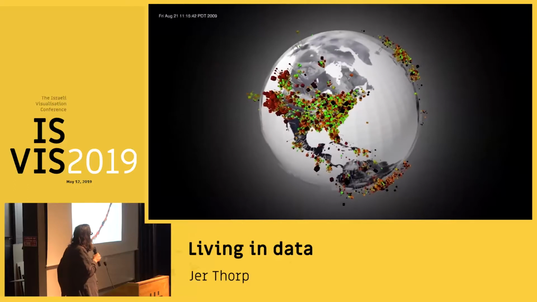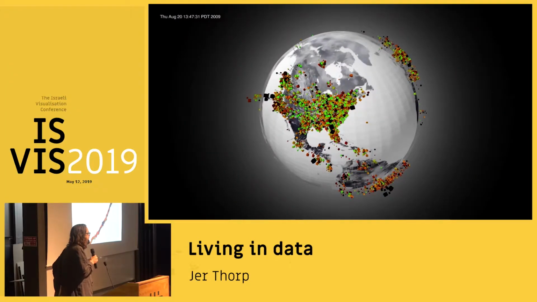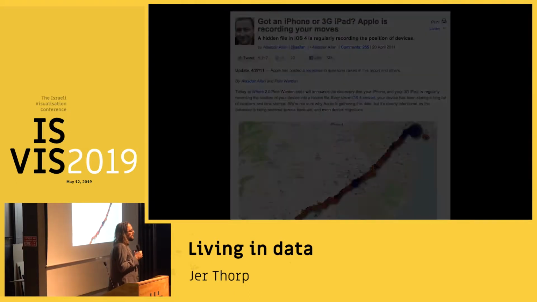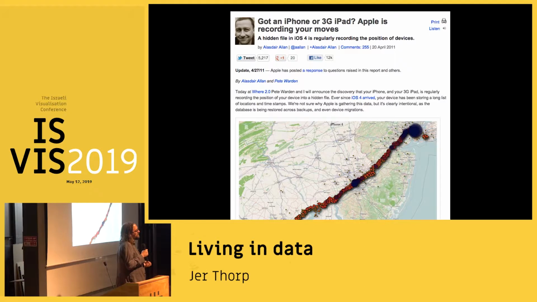Around the same time, well, a couple years later, these two researchers, Pete Worden and Alistair Allen, figured something out about the iDevices, the iPhone and the iPad, which was really shocking at the time. And that was that these devices were recording very precise records of your location, and they were storing them unsecurely in a known location. And so what that meant is that anybody who had access to your device, whether that be you or your partner or your boss, to either your phone or where you sync your phone, would get a file that would show you very, very clearly everywhere you've been since you owned your device.